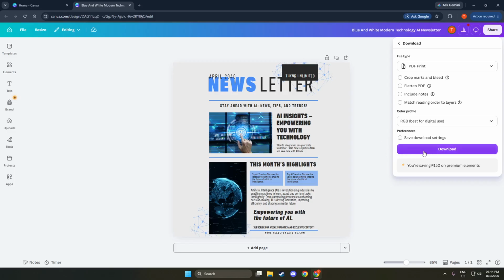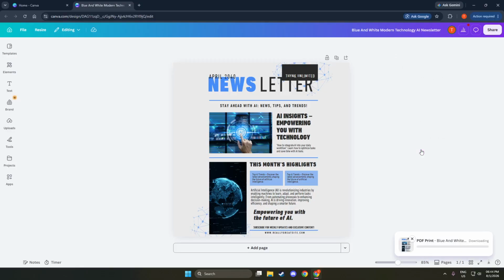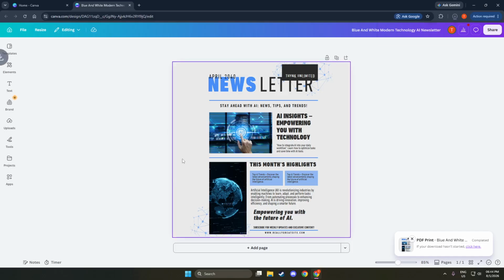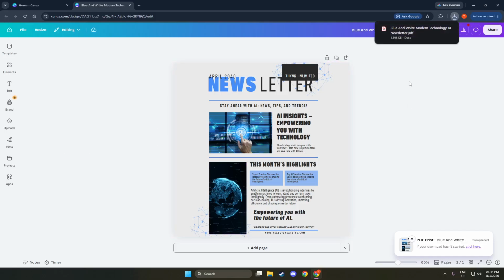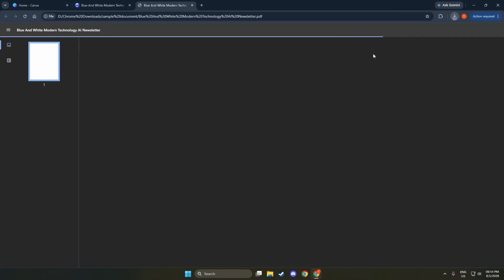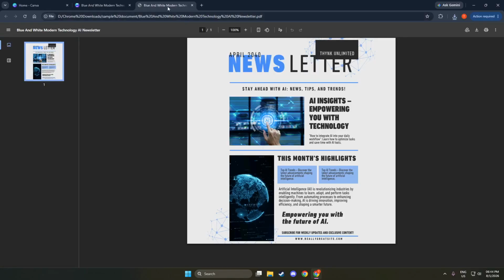In the file type dropdown, choose PDF Print if you want the sharpest result for things like posters or handouts, or choose PDF Standard if you want a smaller file, for example for simple worksheets. When you pick one, Canva may briefly show a progress bar as it prepares the file, and then your browser will save it to your usual downloads folder. As a small tip, PDF Print often produces heavier files, so if your computer feels slow, PDF Standard can work better and still look good.